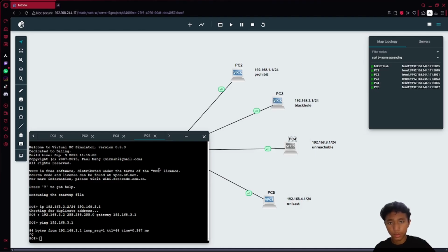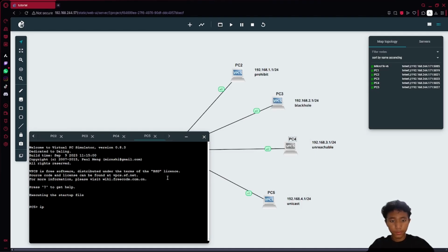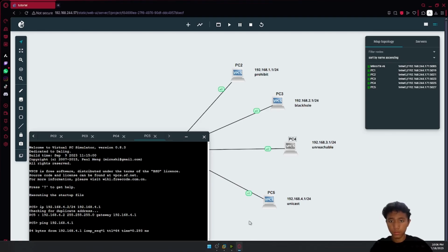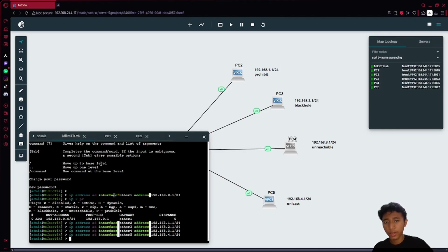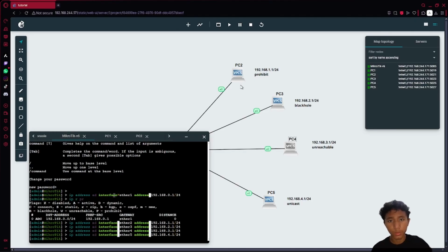Next is PC5. Then check the connection between the router and the PC. If you get all of them connected, next I will configure whether this route will be prohibit, black hole, unreachable, or unicast.